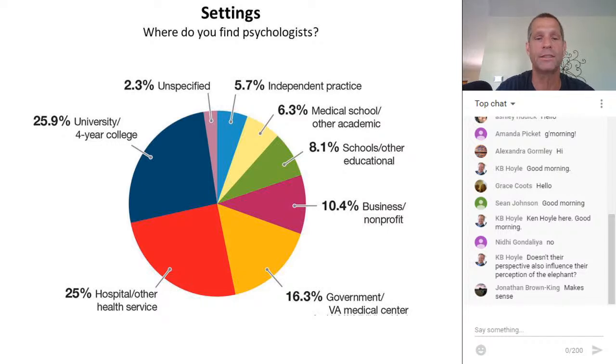Quick note about where you'll find psychologists. Most everybody thinks that psychologists can only be found in clinical psychology, in clinical settings. It turns out that you will find psychologists everywhere. But what I want you to know is that about 50% of all psychologists are in the helping profession. So you see 25% you'll find in hospitals, psychiatric hospitals, in medical hospitals.